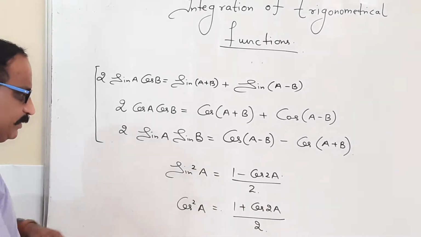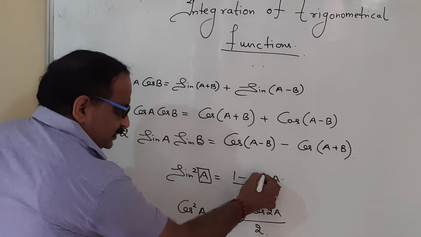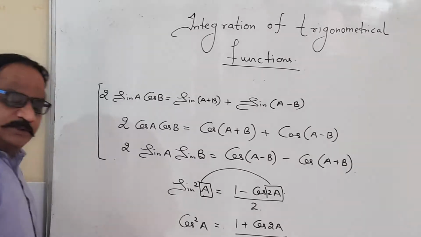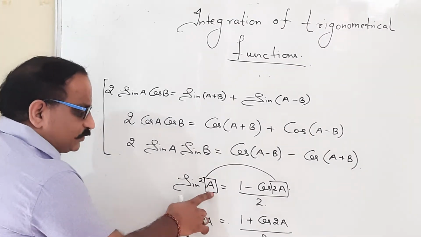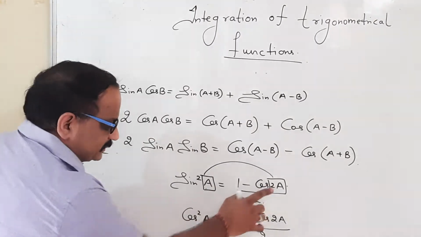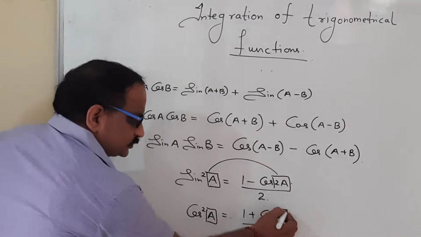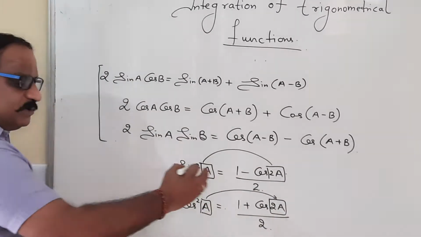Just let me remind you, you can see it is angle A on one side and on the right-hand side is angle 2A. So we have to look after that. Things will be doubled. Fine. So whatever angle we have with sin square A, it will be doubled on the right-hand side. Similarly, in cos square A, here is cos 2A, so it will be doubled. Now we just have the double of the angle.